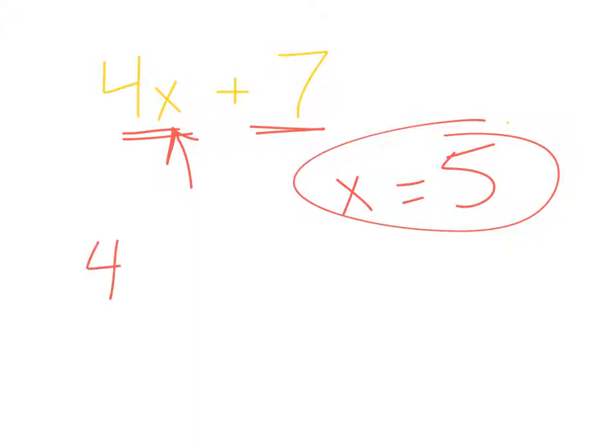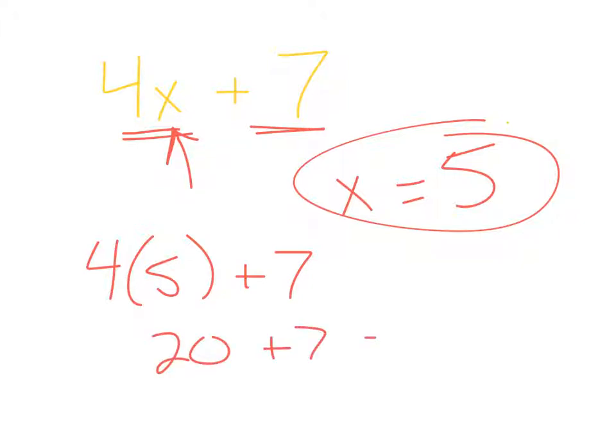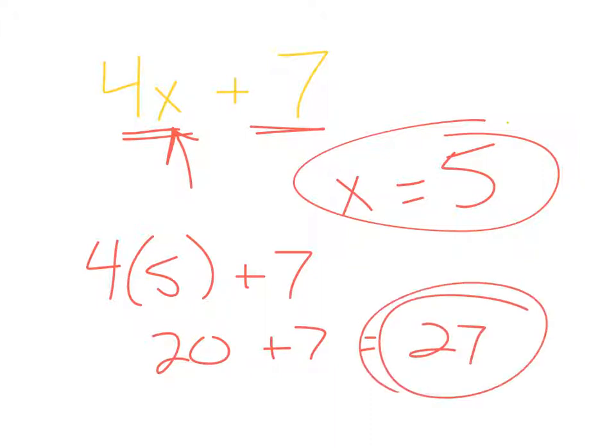So 4 times x would be the same thing as 4 times 5 in this. And then I'll leave that plus 7. And then don't forget we solve using our order of operations. So 4 times 5 would be 20. And then plus 7, the answer to this, we can figure that out, and that would be 27. So you might see some substitution being added on next week's quiz, and you'll probably see that on the ALEX